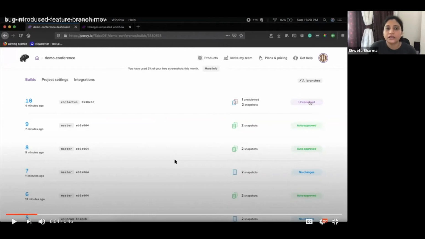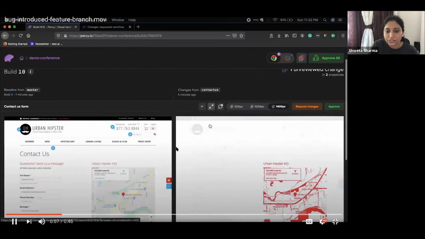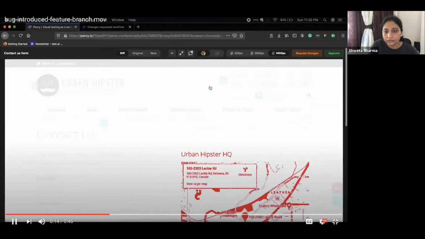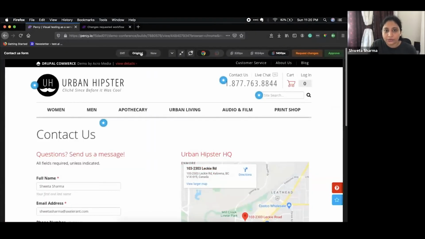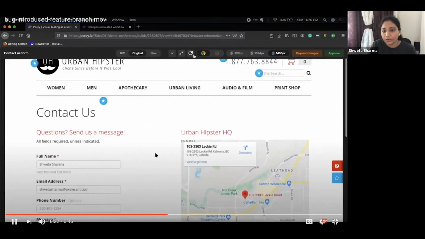And for that, we need out of the box integration with this CI logic, where Percy and Applitools certainly provide that logic. And this example is using Percy. Here you would see that I have intentionally created a bug in the feature branch named contact us, whereas the master branch has this snapshot, and the feature branch is having some visual bug that you are seeing here. Of course, the dashboard provides various facilities, wherein you can go and check the diff, the original, and all of that.